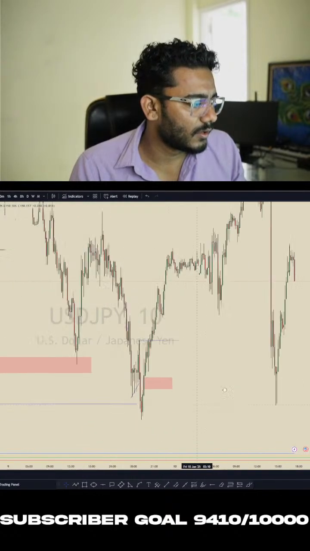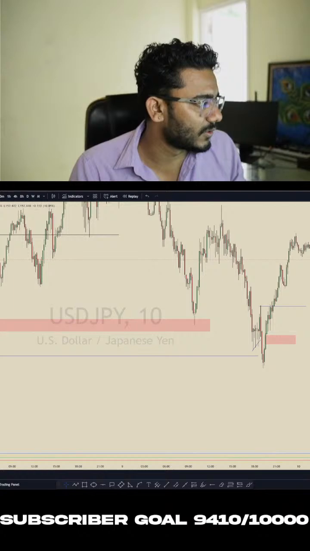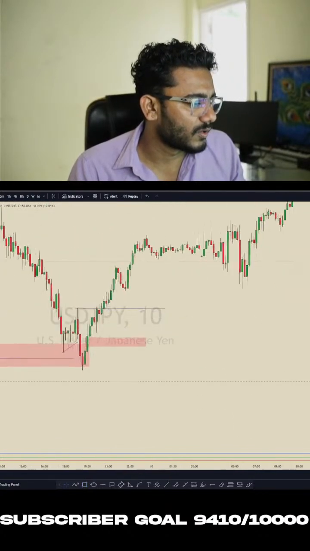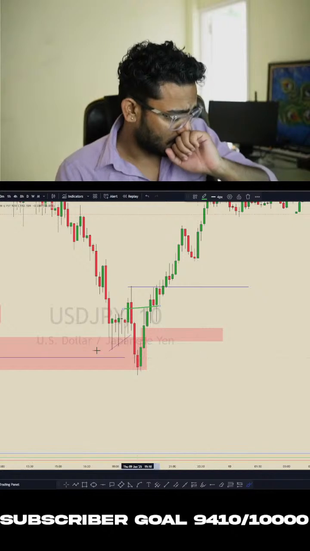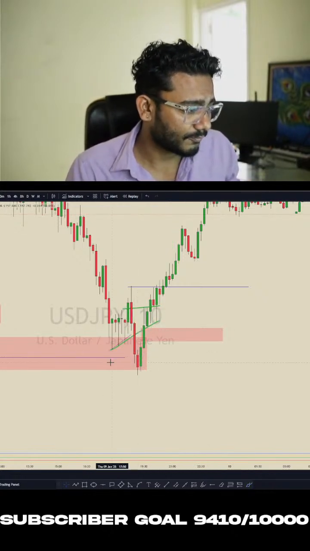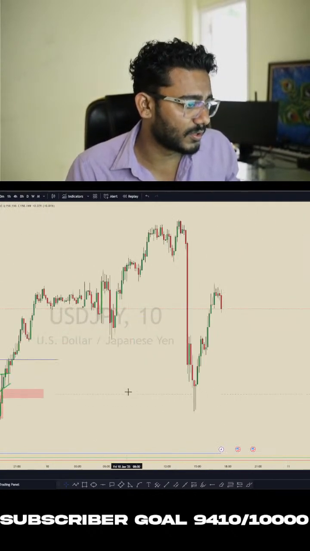So yesterday you also took this buy, right? I was talking about price will sweep this liquidity. If you remember, you asked for UJ analysis. Right here you said that you have bought here. So I told you that price will come lower and then it will sweep this liquidity and then start to go up. Exactly the same thing happened on UJ.